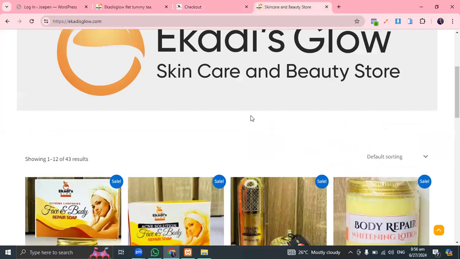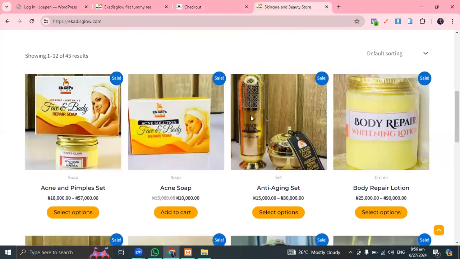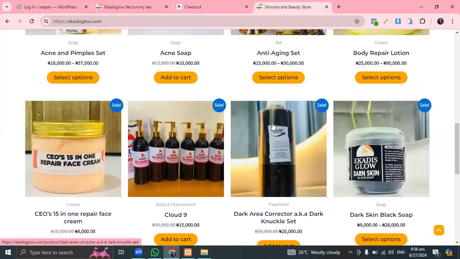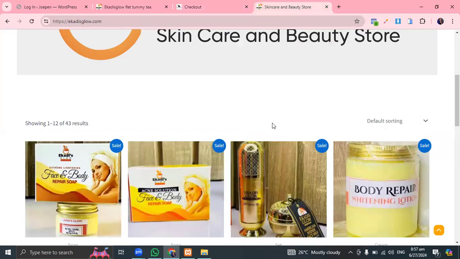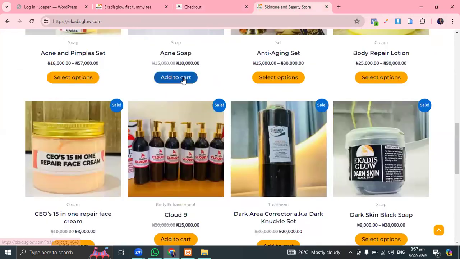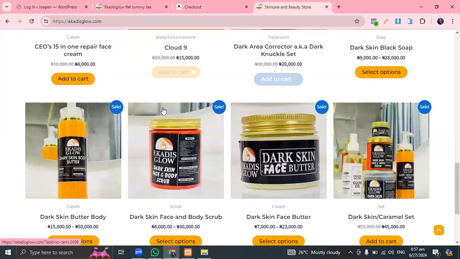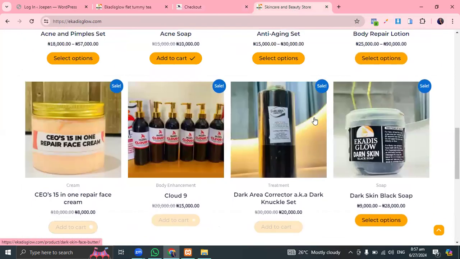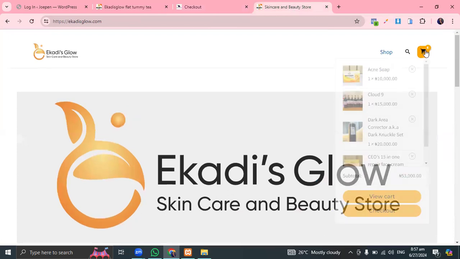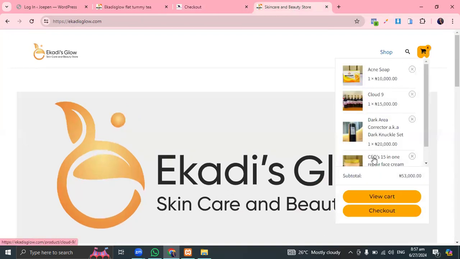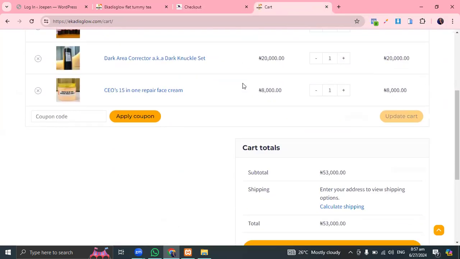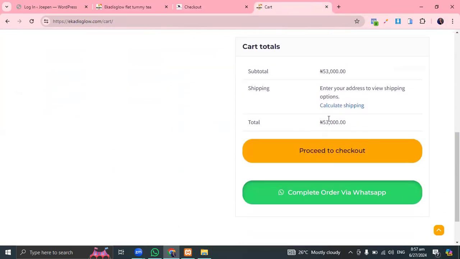Let me go to this page. This is an online store. Let me just select some products here. Let me add this to cart, add to cart, add to cart. Okay, so I already added 4 products. You can see these are the products. So now, do I view cart? Okay, let me just view cart, then from there I check out. Okay, this is it. So I have a total of